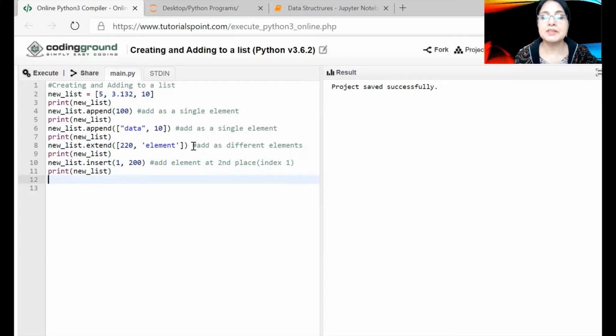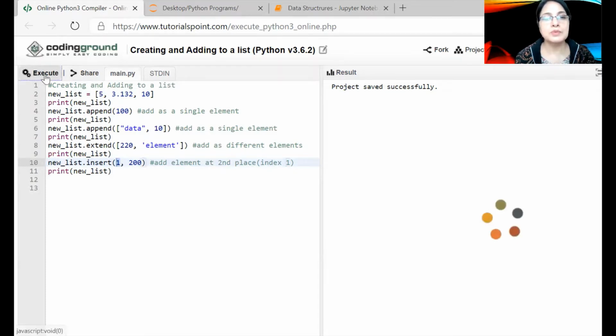In the extend method, we pass a list and the elements of this list are added to the end of our new_list. Insert method has two parameters: the element which is going to be placed at an index which is provided. In this case, we are going to add 200 at second place.